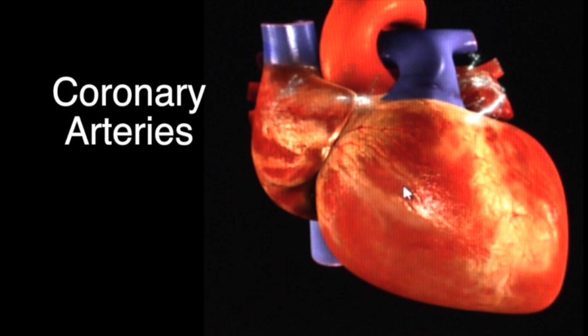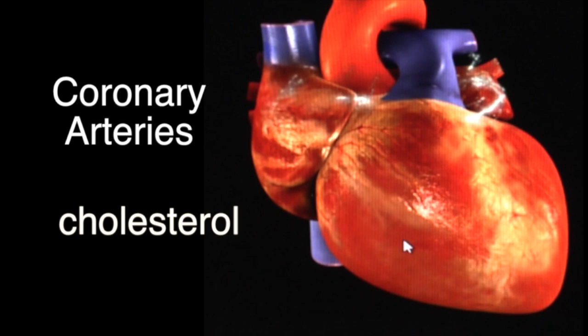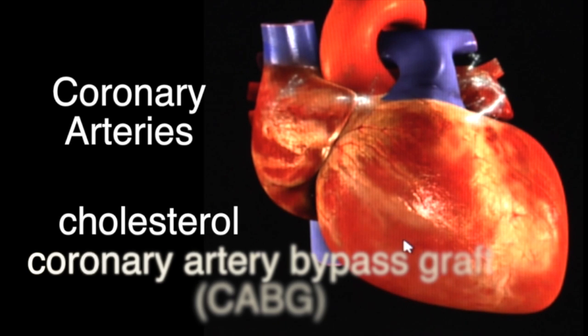But you can see how small they are, and sometimes these arteries get blocked by cholesterol, which is like an internal snowdrift. The surgeon has a couple of options. He can put a stent in, which is internal scaffolding to keep that artery open, if there's 1 or 2 arteries affected. If there's more arteries affected, either 3 or 4, he would do coronary artery bypass surgery, where a